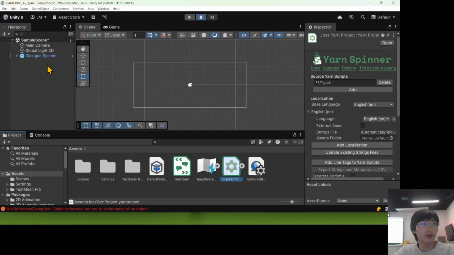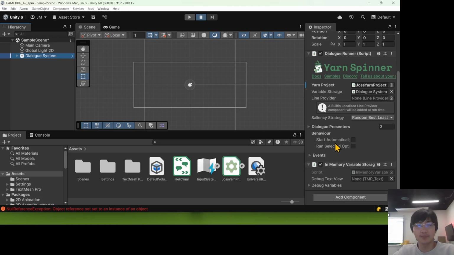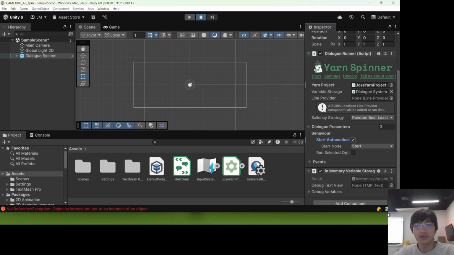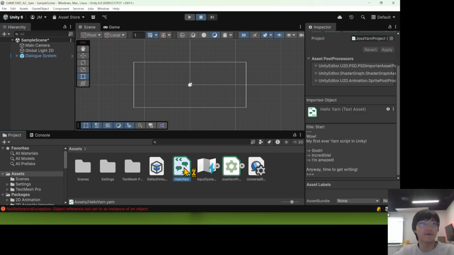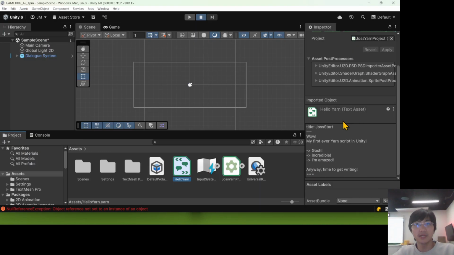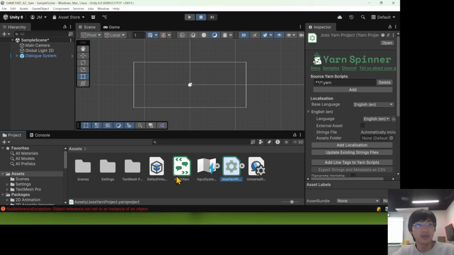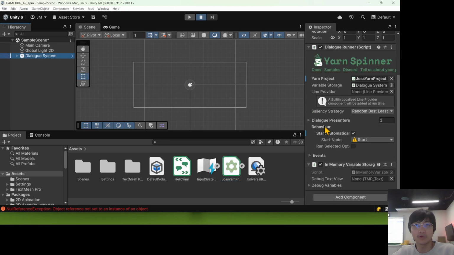Alright. So here, they're connected. You'll also want to turn on this button right here, Start Automatically. Say yes. And Start Node, select the name of whatever you have as the title up here. So if this is that name, you need to select that in the dialog runner as the starting point. You'll find that here. Joss start there. Okay, and